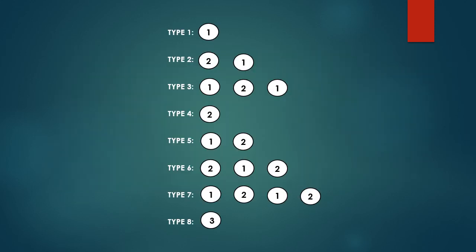Here I made this to remember the Vertucci classification. First we have to write all the 8 types, type 1 to type 8. Then we have to draw the circles. Type 1 is 1 circle, type 2 is 2 circles, then the next 3 circles, then again 1 circle, then again 2, 3, 4 circles, then again 1 circle. After drawing these circles, we have to write the numbers, only 1 and 2, right?